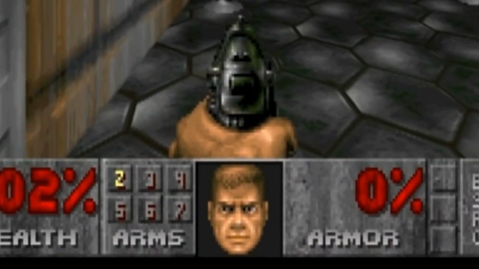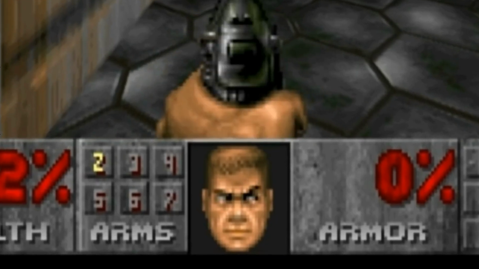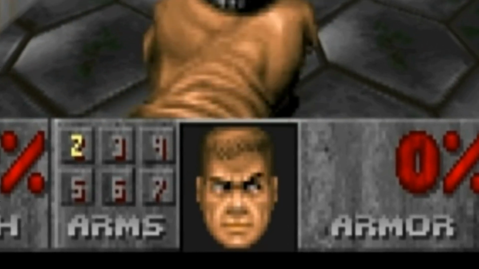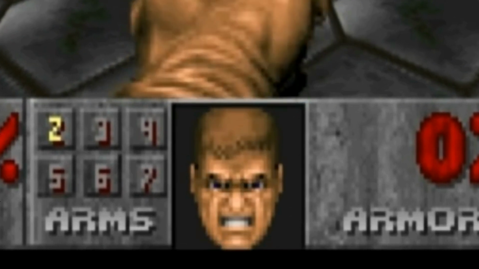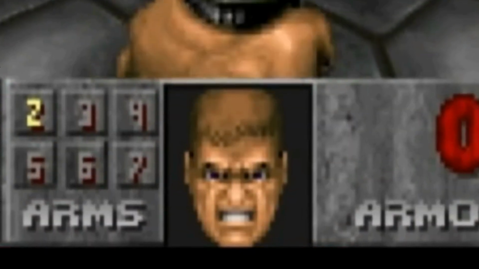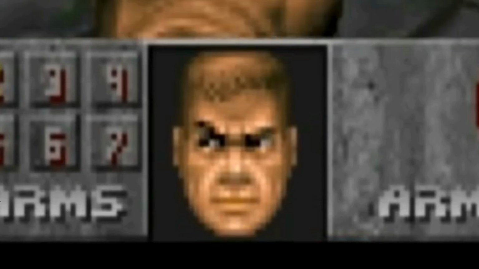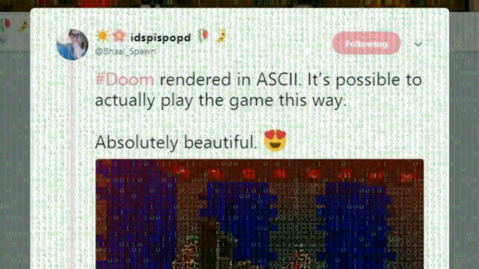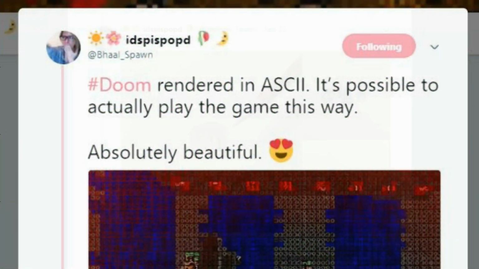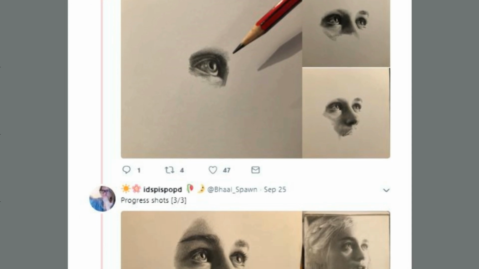It's not often I'm blown away by something. Actually, no, that's a lie. I'm usually amazed by pretty much everything I see, but this is a little different because this is me being amazed via the medium of ASCII. I should also note that it was brought to my attention from fellow tweeter and, frankly, incredible artist Baal Spawn, otherwise known as